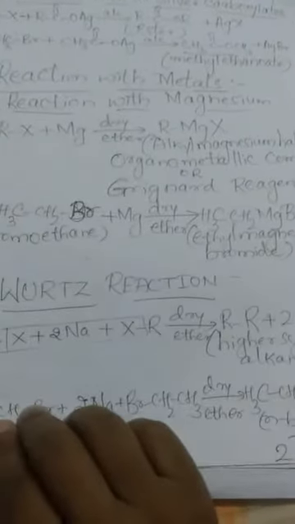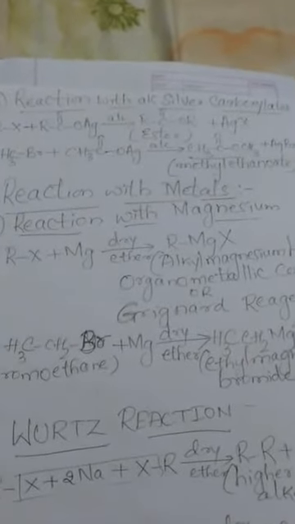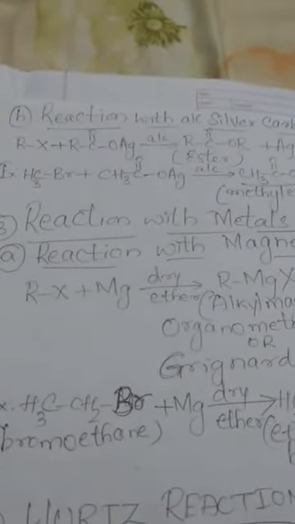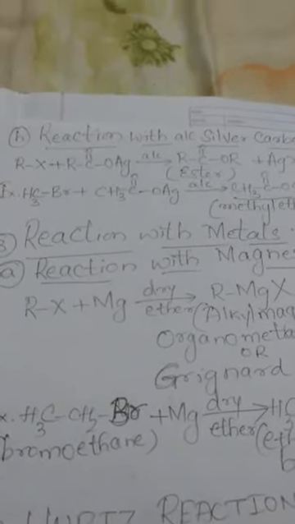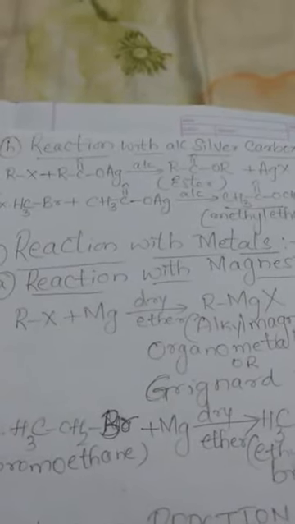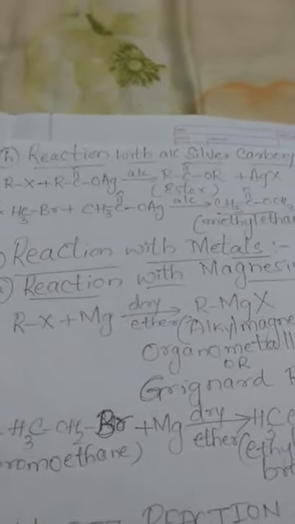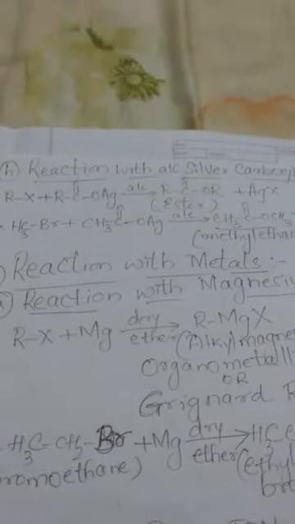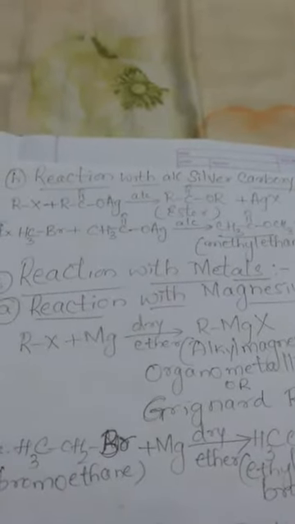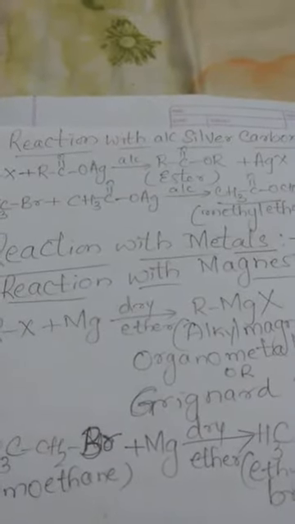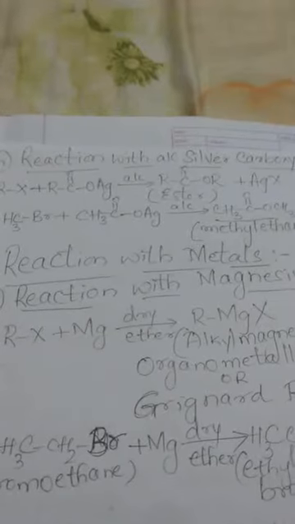Now coming to the next nucleophilic substitution reaction, the reaction with alcoholic silver carboxylates. Carboxylic acids have the general formula RCOOH. H of the carboxylic acid is replaced by Ag to give the corresponding silver carboxylate. Alkyl halides react with silver carboxylates in alcoholic medium, so that AgX is eliminated as the byproduct and you get the main product as an ester. Esters are another class of organic compounds having the general formula RCOOR. And the general IUPAC name of esters is